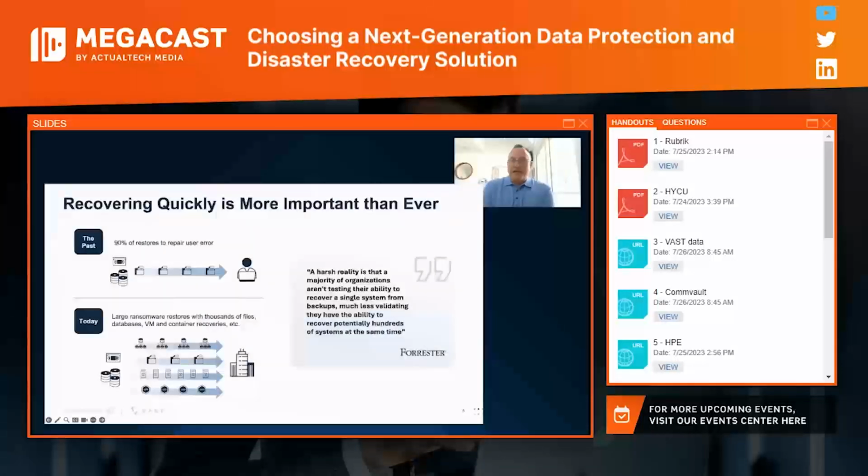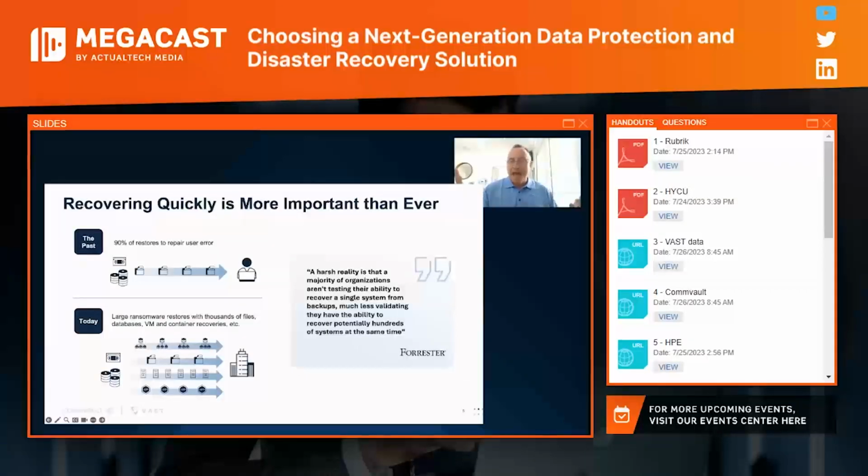Exactly right, Chad. And what's interesting, I've been doing this for about 20 plus years now in the data protection world, and recovering quickly is more important than ever. I can remember, maybe 6 years ago, 8 years ago, recovery was all about restoring from an error. Someone lost something, something got corrupted, something was misplaced, fat-fingered, something was deleted. It was always about something. Something needed to be recovered.